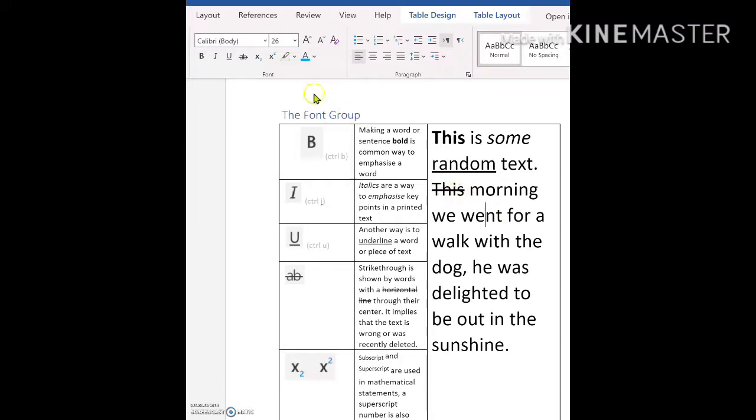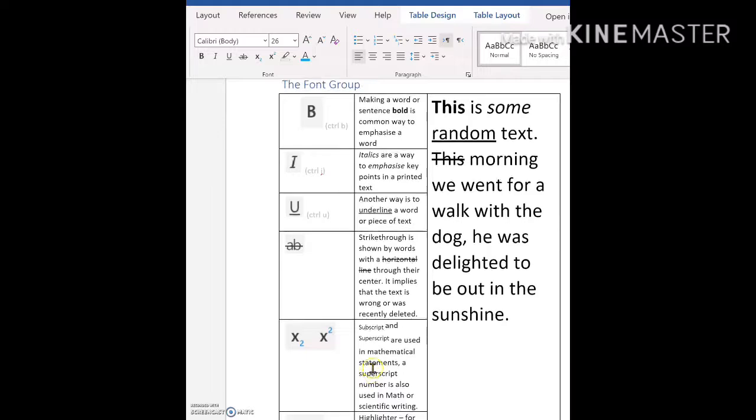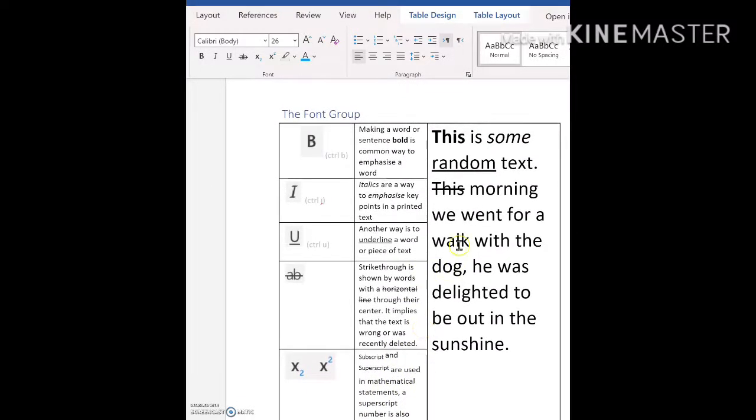All right. The next two are superscript and subscript. Wrong way around. Subscript and superscript. Not used that often, usually used in mathematical statements, maths or scientific writing or chemical writing. I'll show you a little one in a minute. But just to show you how it works, I'm going to choose two separate words here. I'm going to choose the word we and for. So I'm going to double click it to select it, and